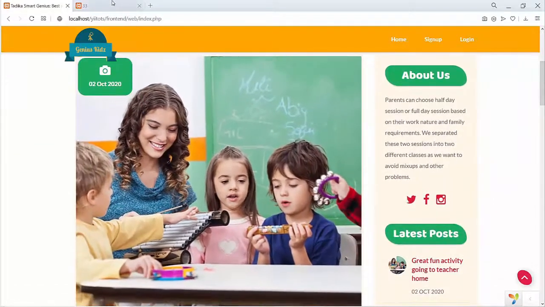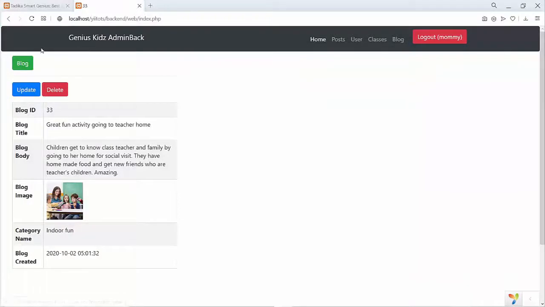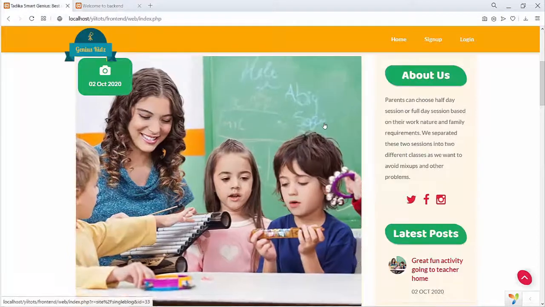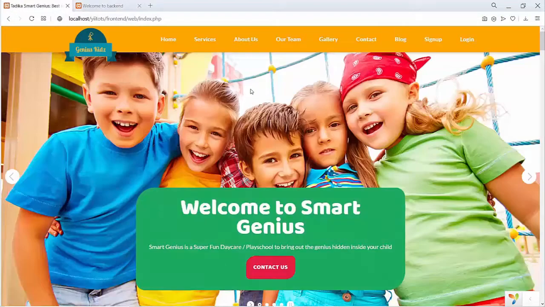Finally, one more thing I want to show here. I will put a payment management link here so that you can manage all the payments that any parent do for their children through their payment management, as I have shown before.